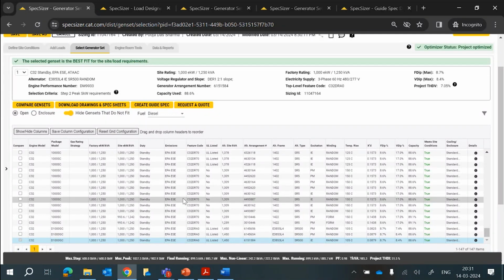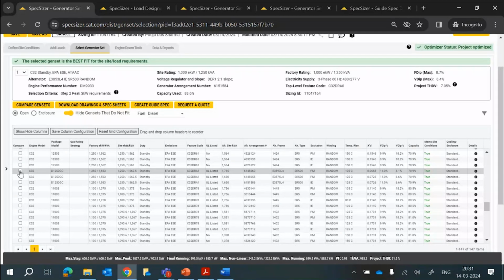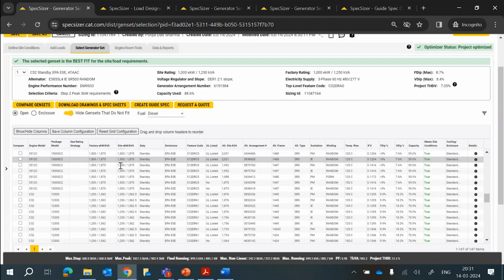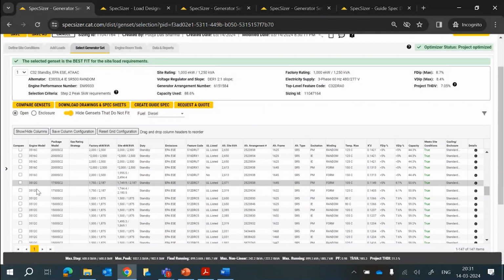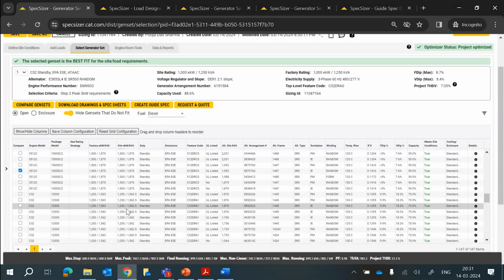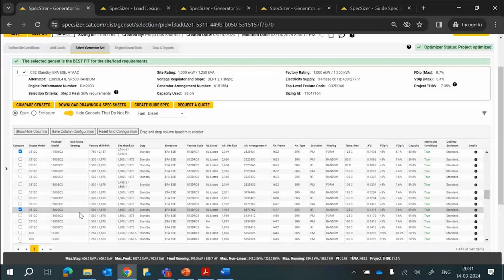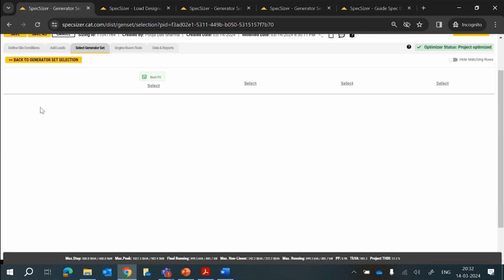Now we'll show you the next functionality that I discussed, which is compare gensets. This is the best fit generator set, and let's say I want to compare the previously selected genset, which is a D1250GC, and then let's say I want to compare another one, 3512, and let me select 1750. So let's say I just want to compare these generator sets along with the best fit generator set. Please note that at the maximum you can compare 3 generator sets. You cannot compare more than that together. So that is the maximum number. And then once you click on compare generator set,